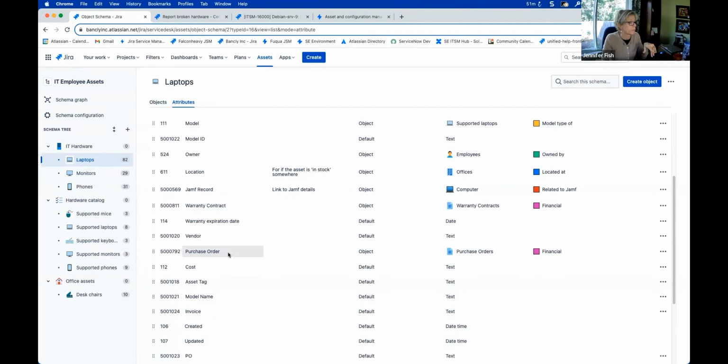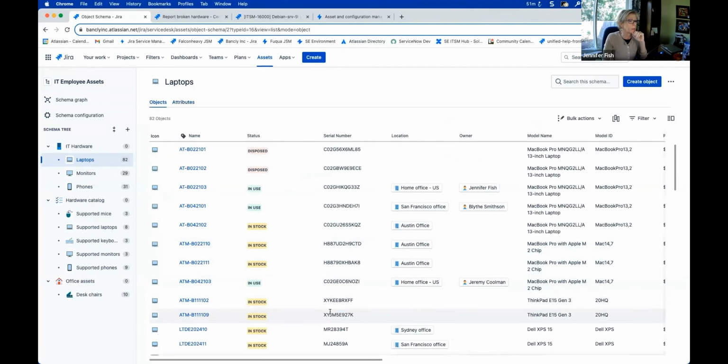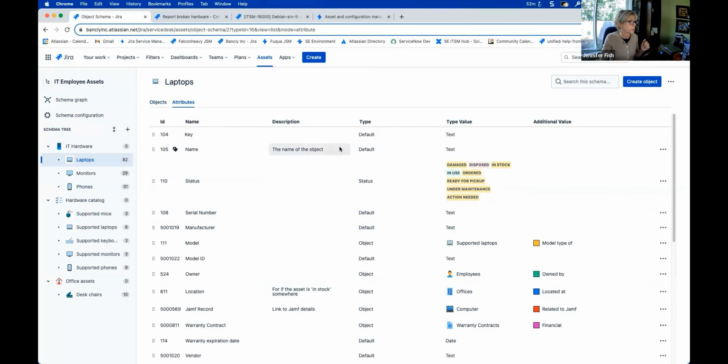Well, while Kate's looking for that, I'll fill in a little bit with regards to this. We can get some pretty long pieces of information like model names. When you're doing asset management, model names can be really lengthy. In assets, we have a lot of flexibility if we want to ensure that something we present on a screen is a bit shorter and more informative. Let's dig into this in assets and attributes.